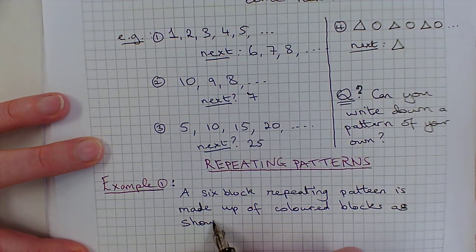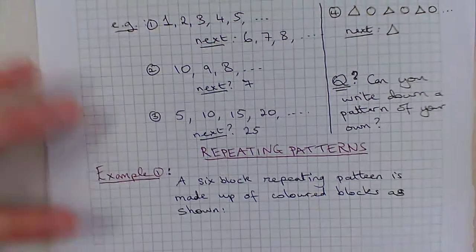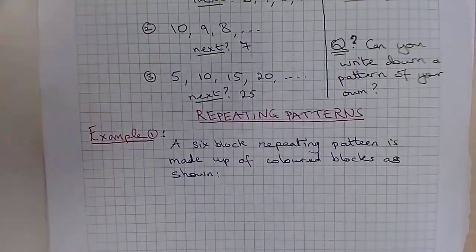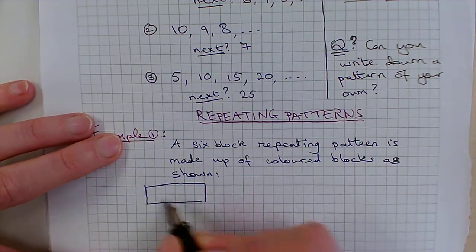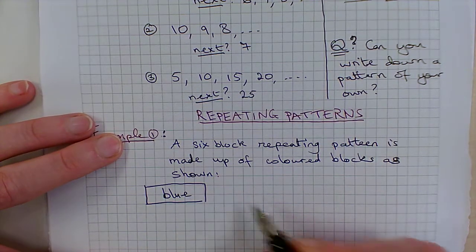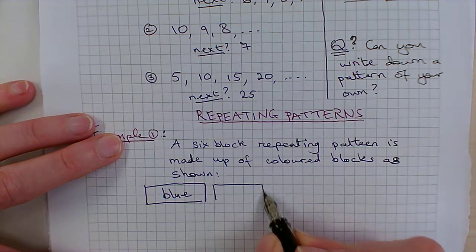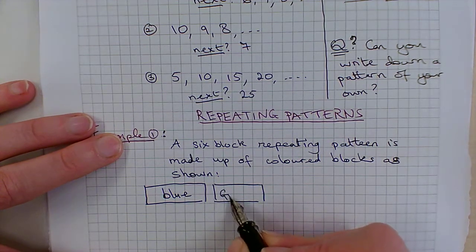I'm just going to write down the color of the block, okay? The first block is blue. You can actually color these in your notes copies if you like, followed by green,